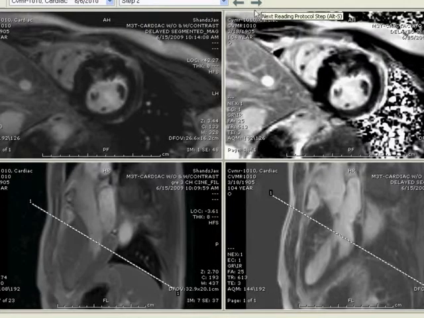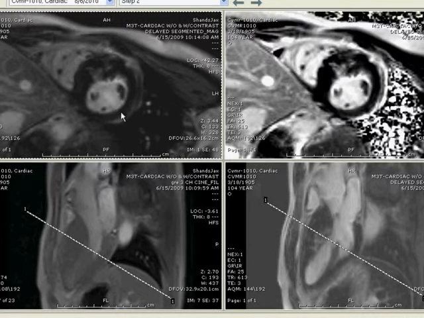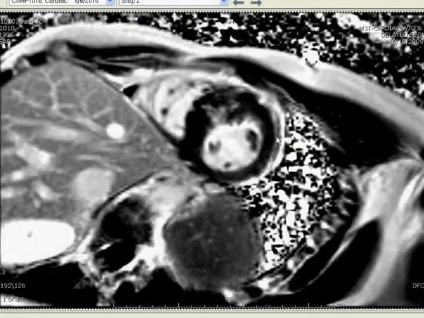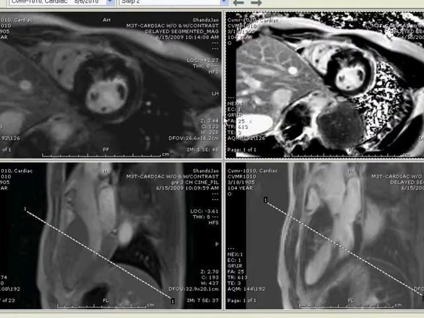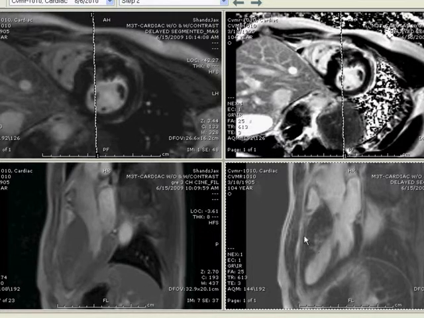Now, very important for patients with hypertrophic cardiomyopathy, we need to look for the presence of delayed hyperenhancement, and here we have delayed enhancement, both phase-sensitive and standard images. We clearly see this patchy area of delayed hyperenhancement in the anteroseptal wall at the base and mid-ventricular level, both mid-myocardial and part of the subendocardial, and that correlates with scar